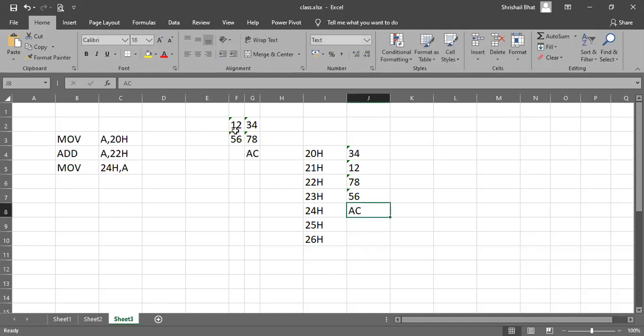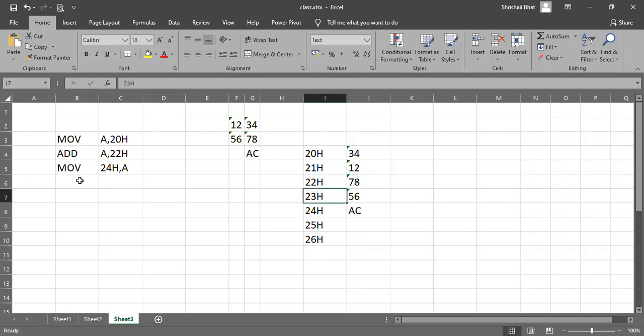Then you need to add the upper bytes also. Suppose there was a carry, along with carry, you have to add that upper byte. In this case, there is no carry, but still there is a chance that there can be a carry generated out of this, right? So now you have to add contents of 21H and 23H. This 12 is there in 21H, then 56 is there in 23H.